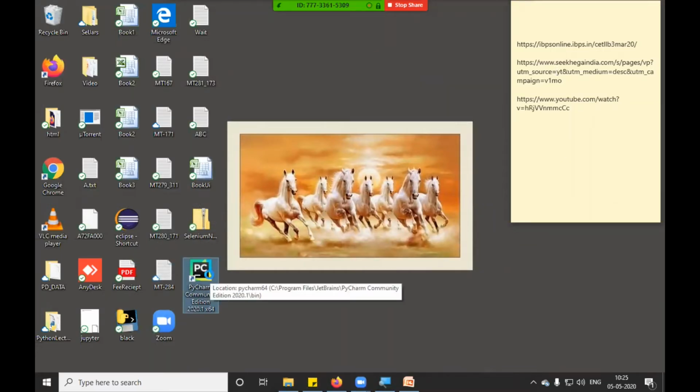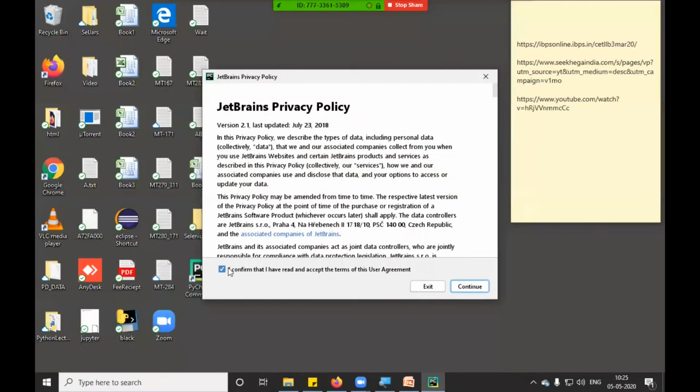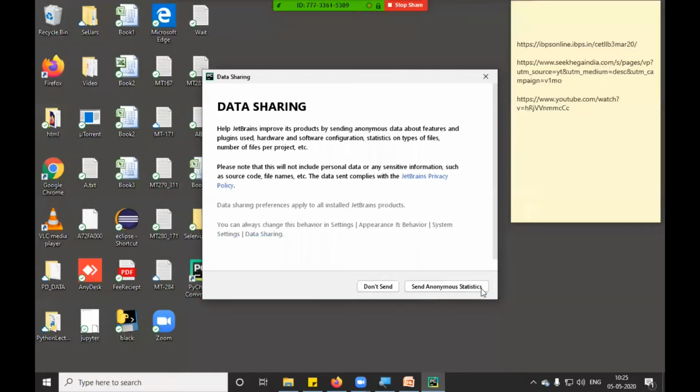I will double click to start, and it is asking, do you want to confirm the terms and condition user agreement? So I just checked and click on continue to accept the terms and conditions. Okay. It is asking about data sharing, whether it is working fine with your system or not.